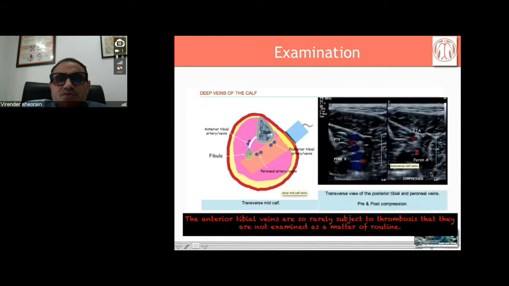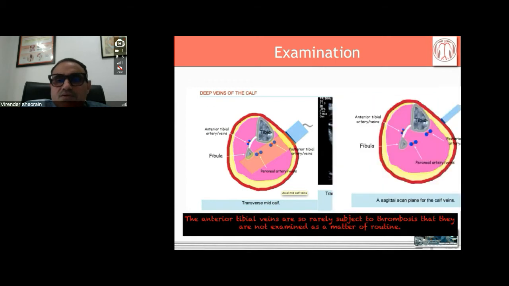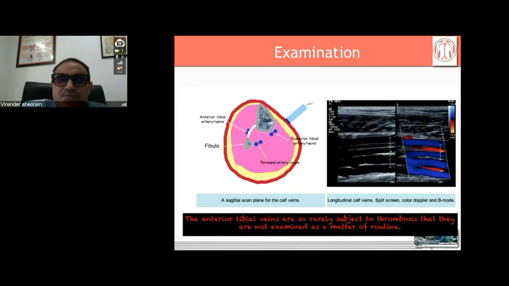This is how it looks. Along with the artery you can see two veins going in line. So go for the same compression, longitudinal and transverse views. Here you can nicely demonstrate the echogenic veins below the knee. You can look for the same findings as we have discussed before.